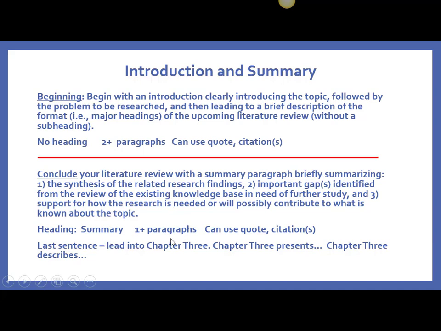So there is a heading, can be 1 or more paragraphs. Again, as I gave you this information, use some quote and citations. The last sentence leads into chapter 3. Okay, in every chapter 1 through 4 in your thesis, always the last sentence of the chapter, present what's coming